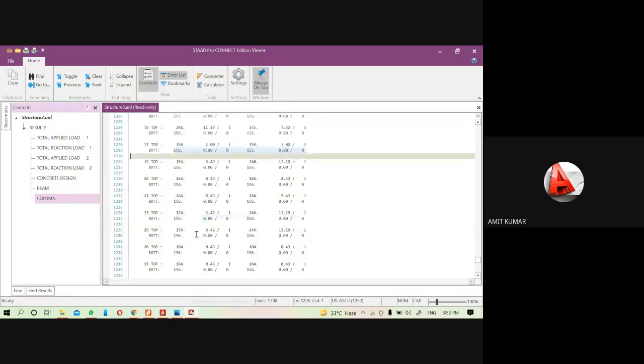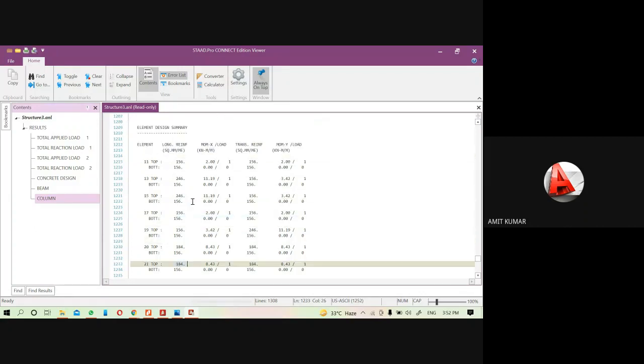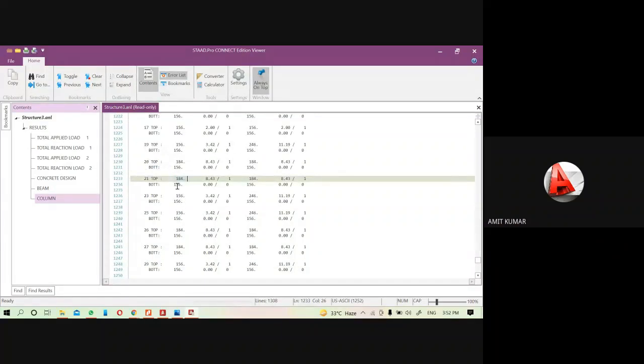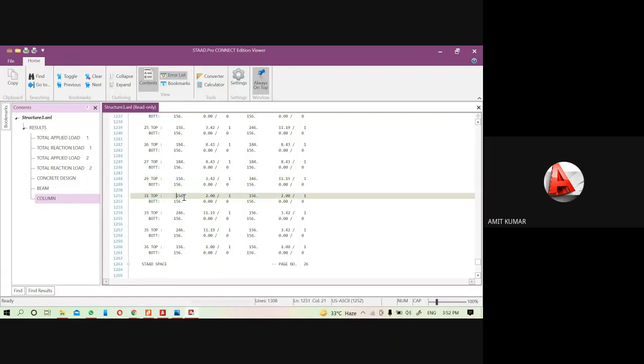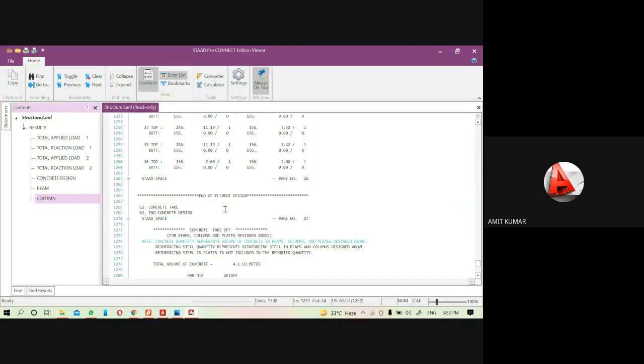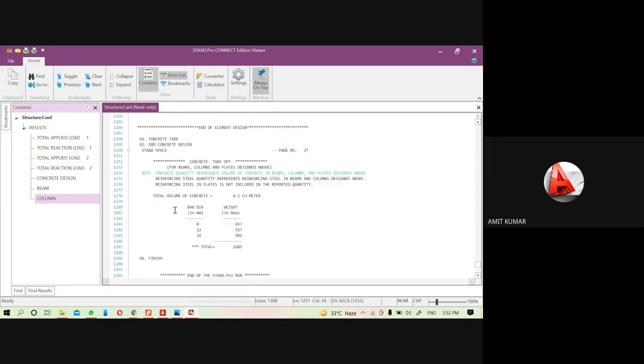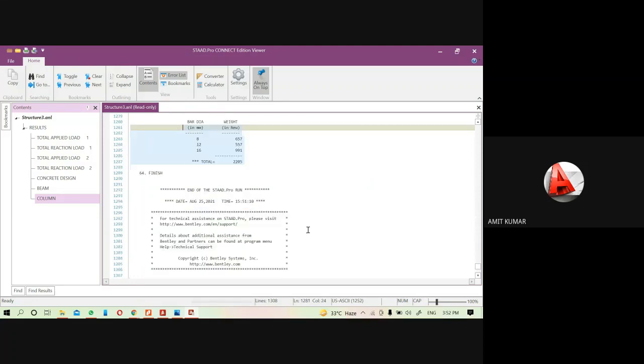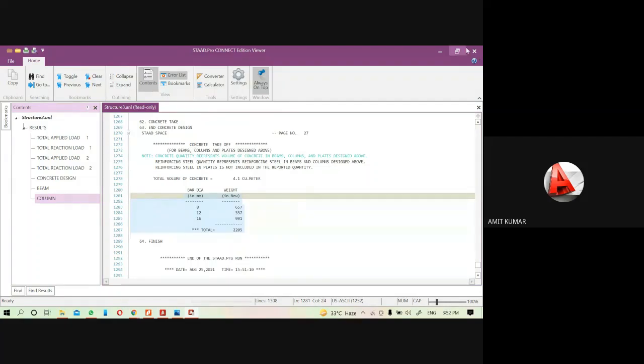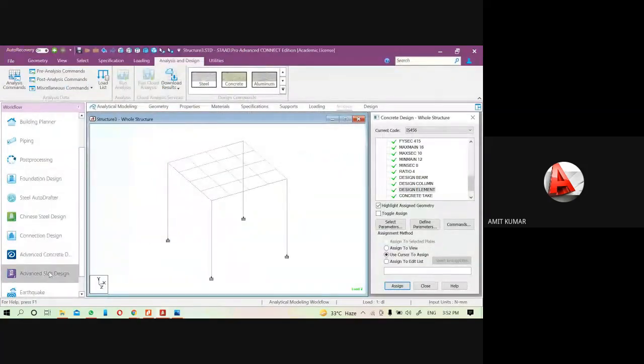Sometimes it is 184 square mm per 1 meter square. So you can see it written here. By this you have to calculate it manually, or use RCDC for the BBS of the slab also. That is the procedure of cutting, takeoff and all. Now come to the post processing.